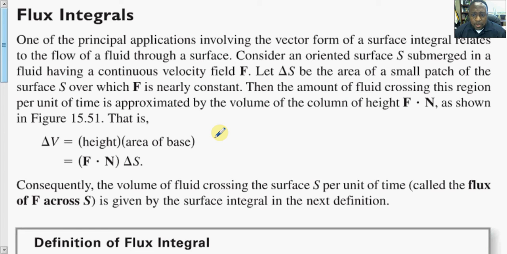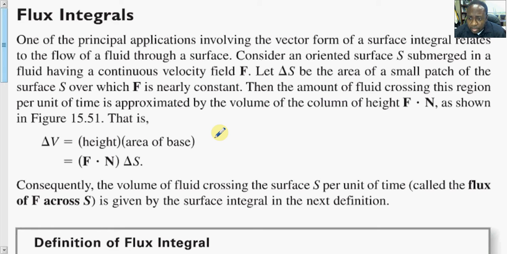The flux integral. We want to calculate the amount of fluid flow through or along the surface. The surface must be an oriented surface. That is, if the fluid is flowing across or on top of the surface, we want to keep it like that. Here we examine the continuity of the so-called vector field, because that's the direction that the fluid is